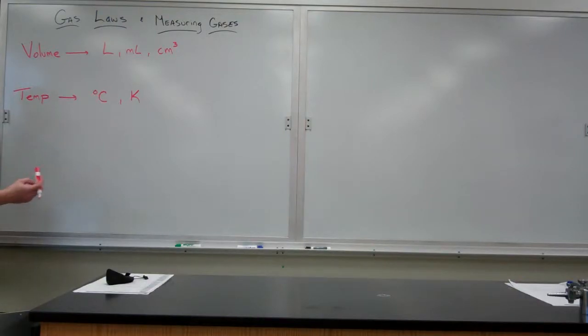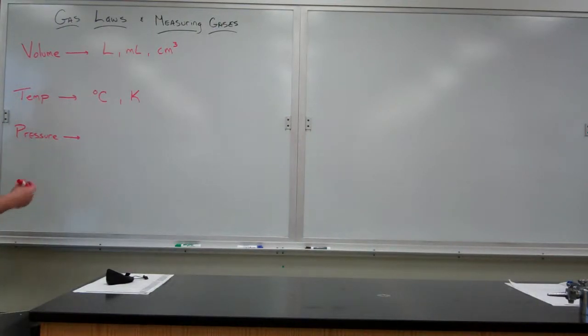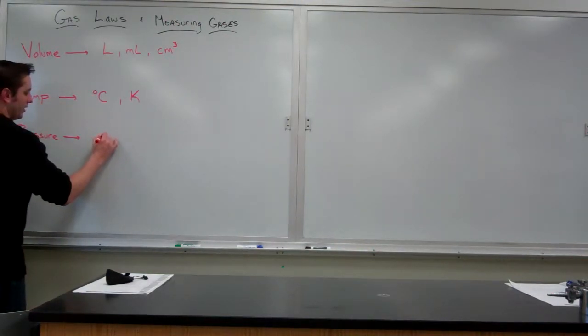The last measurable property of a gas, and the newest, is pressure. I will give you a functional definition of pressure that is a little different from the one that you'll see in your book, but units remain important here as well. The ironic thing about pressure units is the one that you may be familiar with, PSI, which is what your car tires are measured in, for instance, is the one that we will not use in the class because it's not metric. The metric units for measuring pressure are